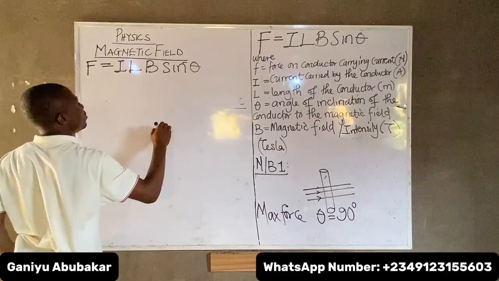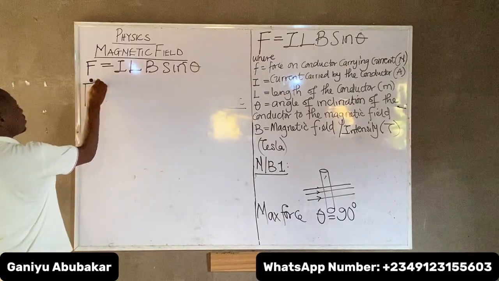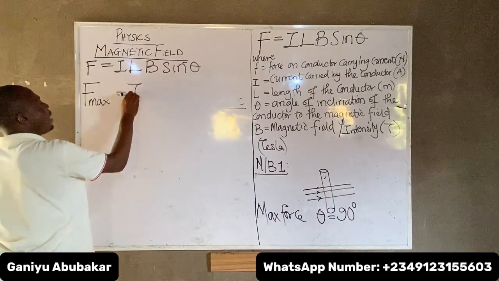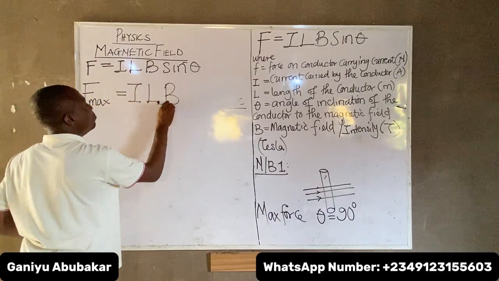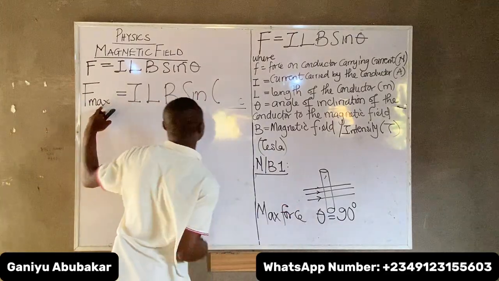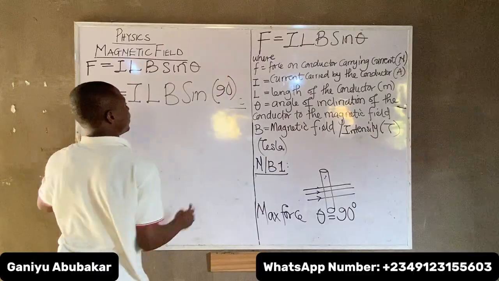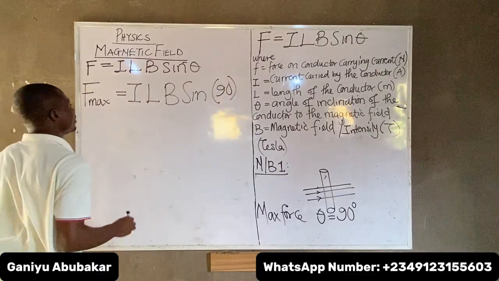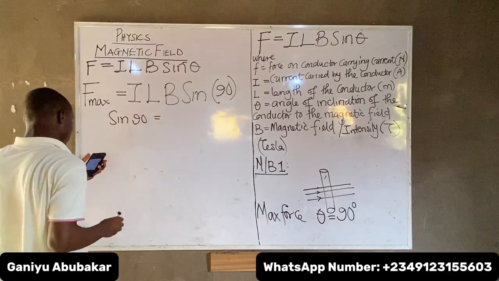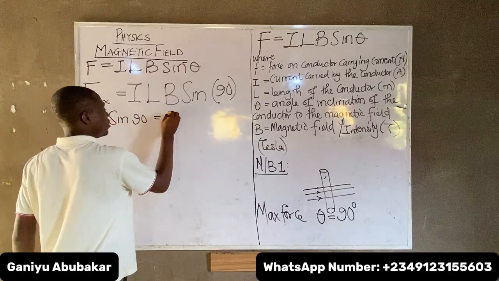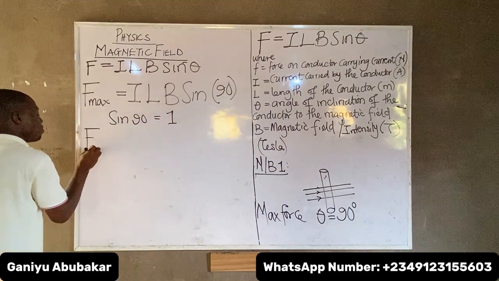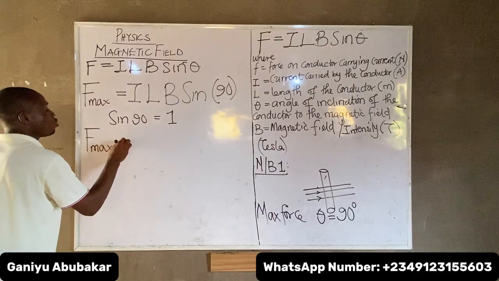Sine theta. For maximum force, let me call it F max. For maximum force, F max is equal to what there? I L B sine theta, and for maximum force we set theta to what? 90 degrees. Working on this gives you sine 90. Sine 90 is of course 1, right? So it means that my F maximum force will be equal to